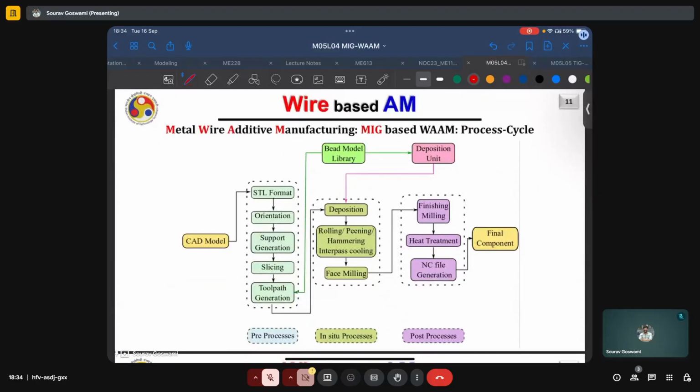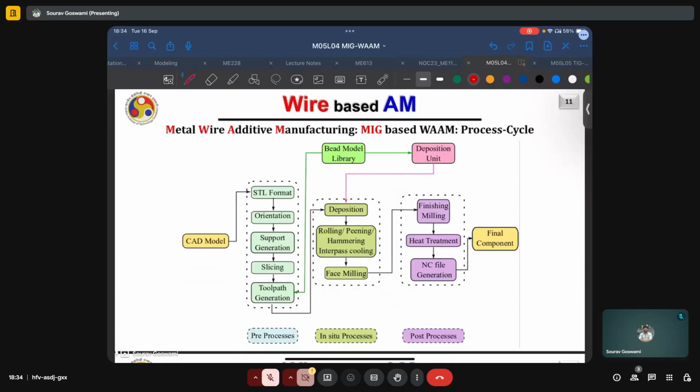Just like all the other additive processes, even MIG-based WAAM has our typical levels of pre-processing, build process, and post-processing. Everything starts with a CAD model, then its conversion to an STL format, giving it a proper orientation, checking for supports needed and generating those supports, slicing the geometry, and then generating a toolpath. Then during the deposition process, we can also have certain in situ